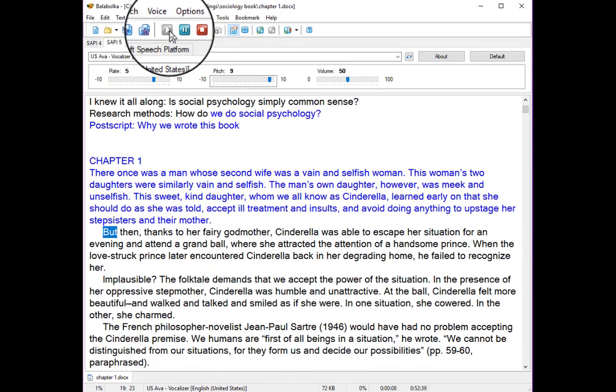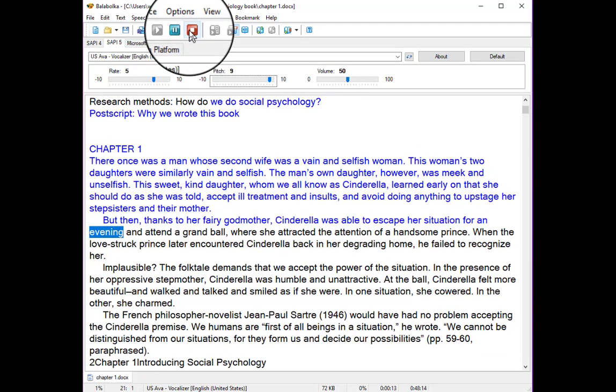their mother. But then, thanks to her fairy godmother, Cinderella was able to escape her situation for an evening and